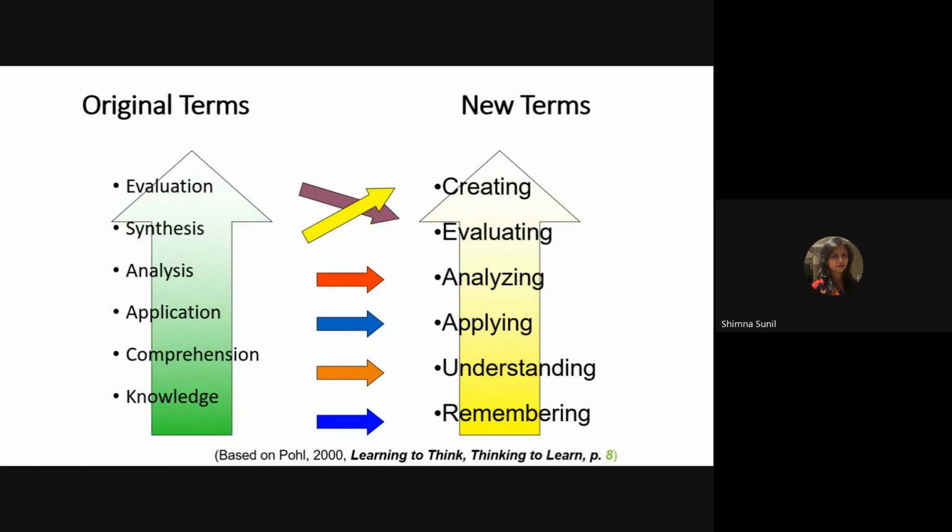Now, if it's about application, how do I apply that particular knowledge in my day-to-day life? And then further analysis, evaluating and creating. So basically, from abstract nouns to verbs, moving from objectives to outcomes, moving from just theory to practical use in the classroom. With Bloom's revised taxonomy, we are able to align our learning objectives, we are able to align our